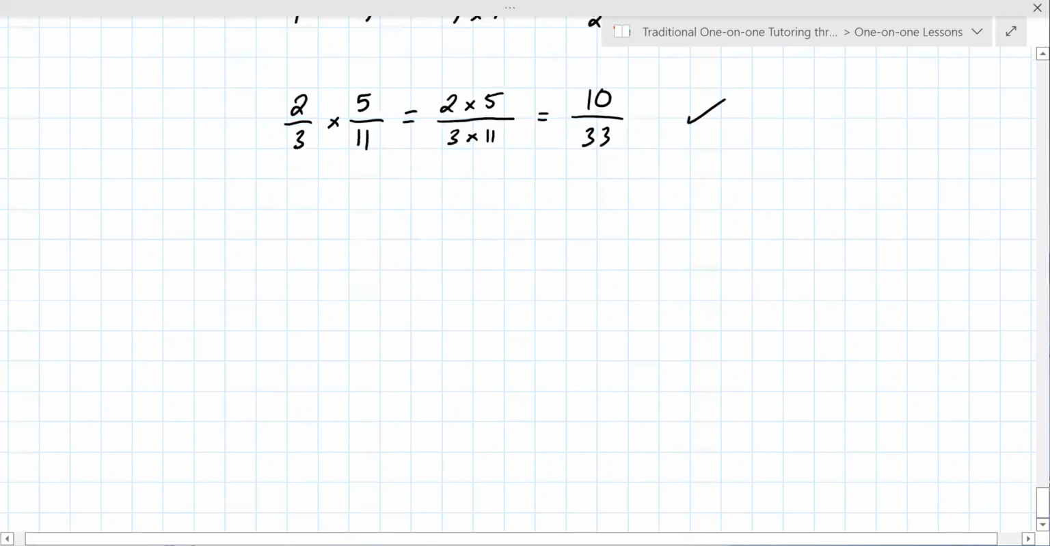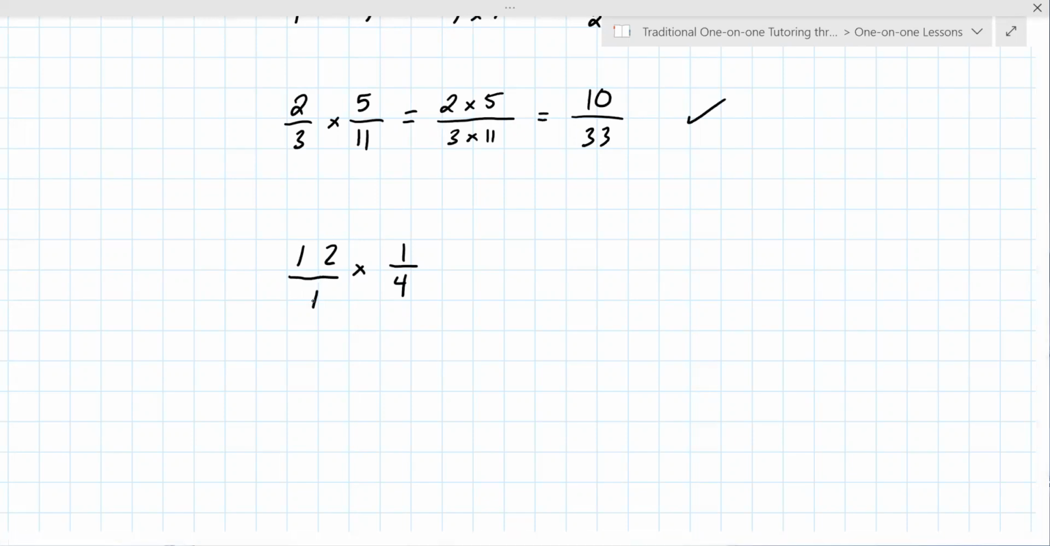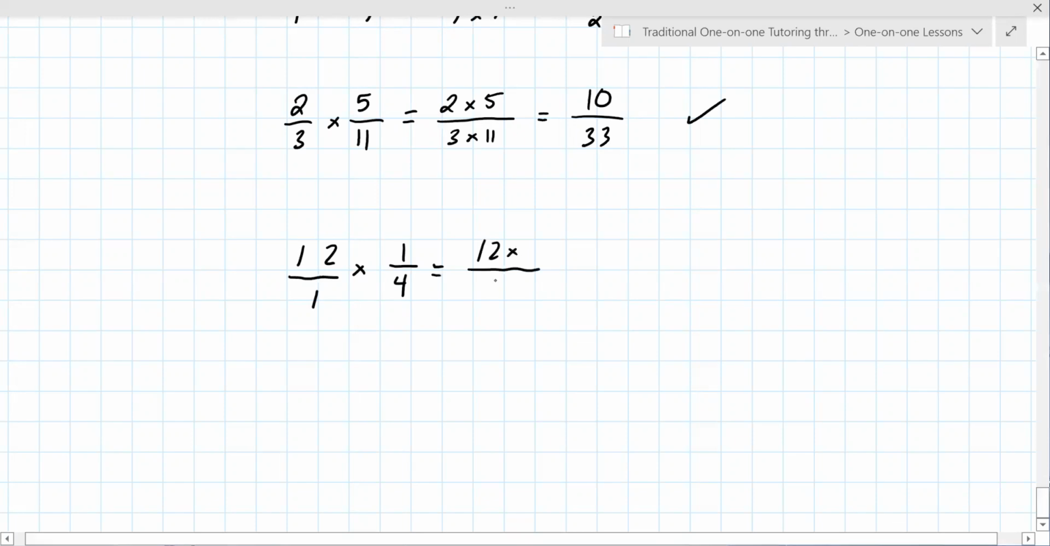Now, where I think it gets confusing is, let's say I want you to multiply 12 times 1/4. And the reason is that 12 is not a fraction. But you can write any number as a fraction by putting it over 1. Okay. So now you multiply the tops and you multiply the bottoms. 12 times 1 is 12. 1 times 4